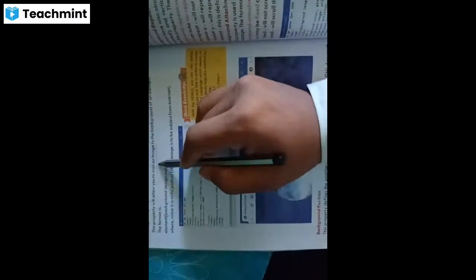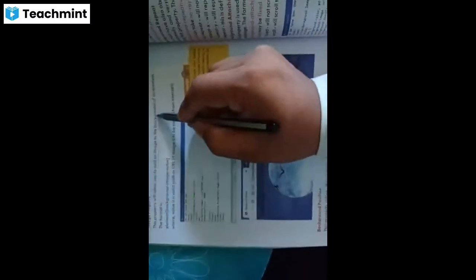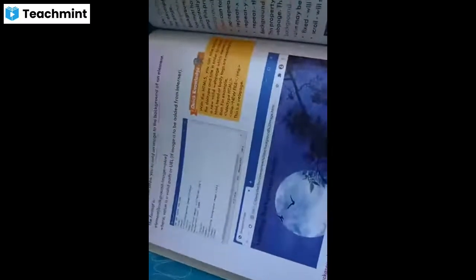Next point is the image property. This property will allow you to add an image. Why are we using the image property? For adding an image to the background. If you want to set any image to the background, then we will use the image property. Understood? So look here.